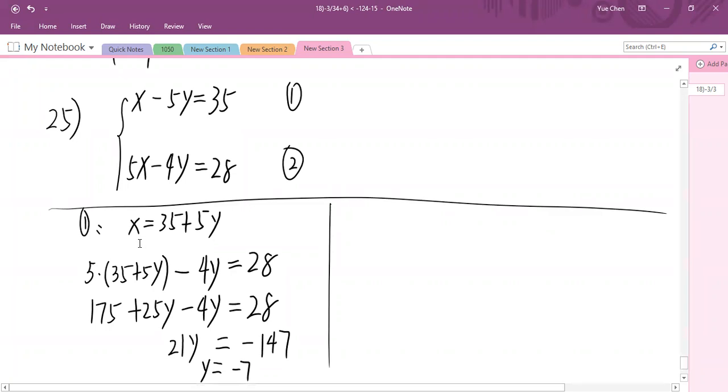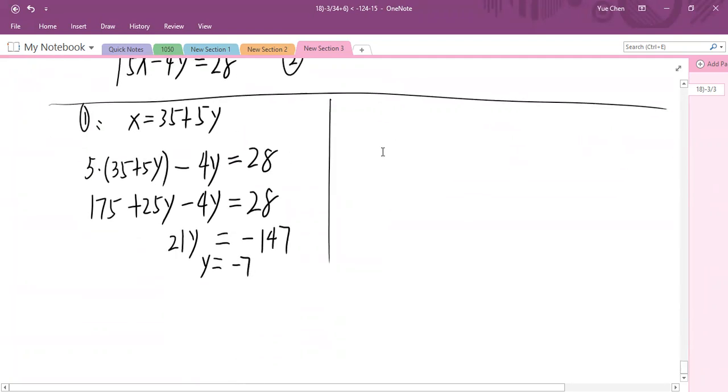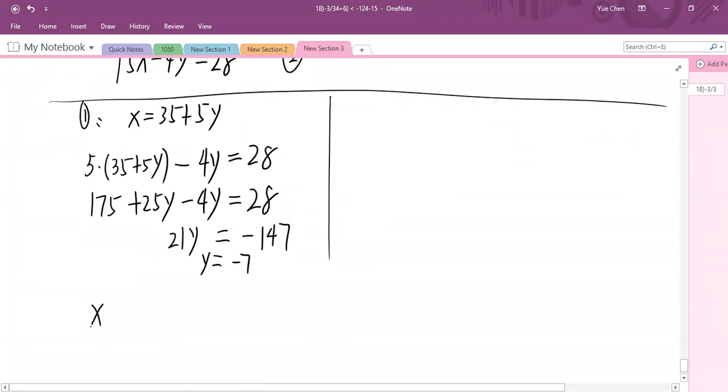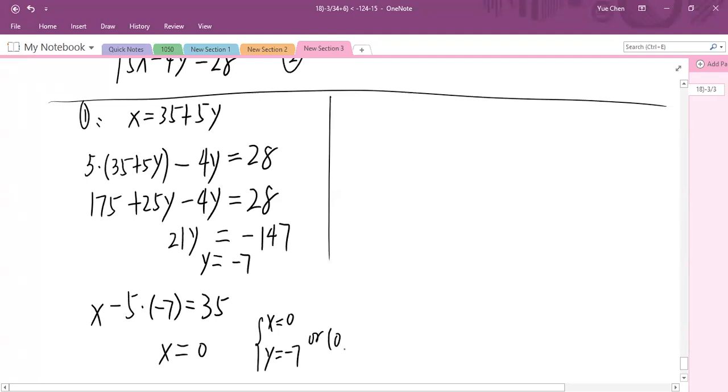y equals negative 7. So then you just plug into the first equation. So x minus 5 times negative 7 equals 35. So x equals what? x equals 0. So your solution would be x equals 0, y equals negative 7. In point form it would be (0, -7). So this is the